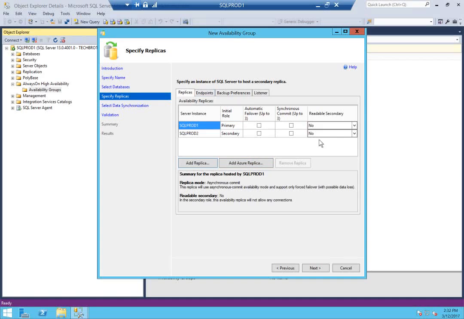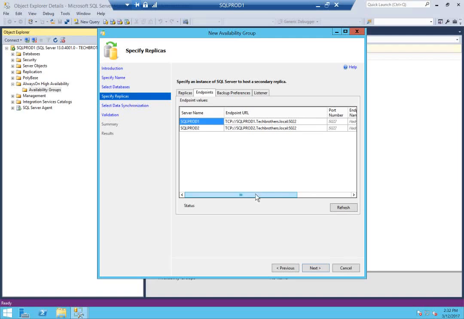I'm going to make it readable, yes, and click on endpoints. As you can see right here, one of my SQL Servers is running under local system and the other is running under a service account. So this will create an issue. This will give us a warning as well, but we want to create that issue, and then we will change that